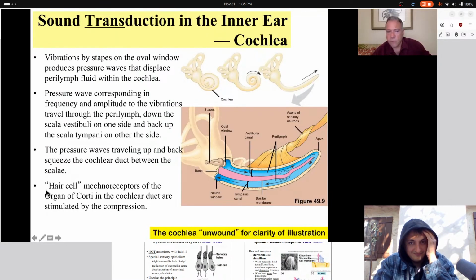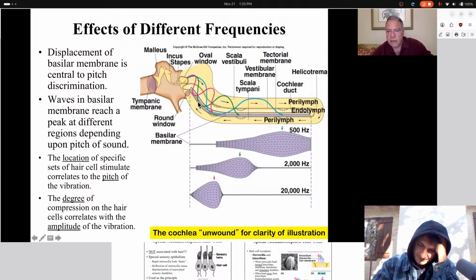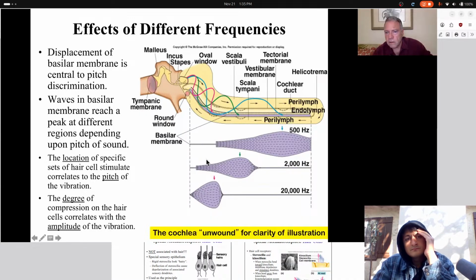Okay, so this is called the organ of Corti. The organ of Corti, then, is this membrane with hair cells that's being squeezed by these waves. Okay, absolutely amazing instrument. So again, your brain is taking this. If you have a sound like this, it's going to be squeezing hair cells here. It's going to be squeezing hair cells here. If you have a sound like this, it's going to be squeezing cells here and here. Right. So the different wavelength sounds are stimulating hair cells at different positions along the organ of Corti. And so the brain can